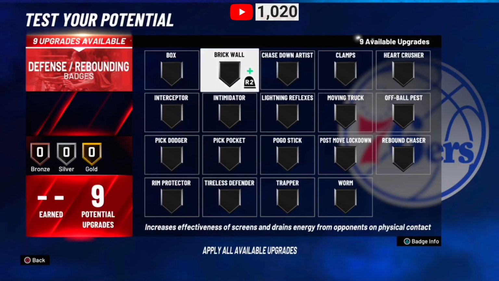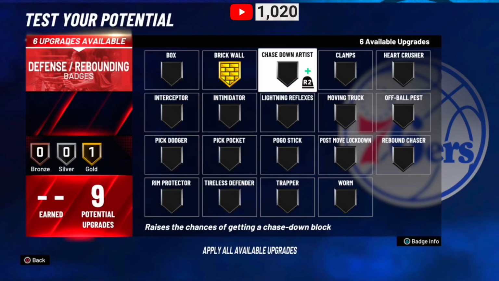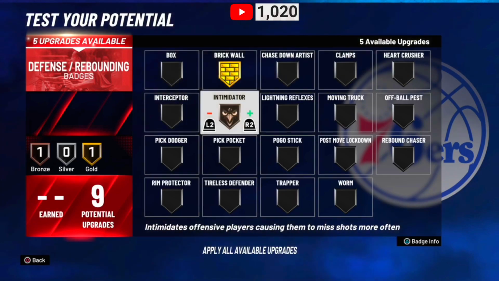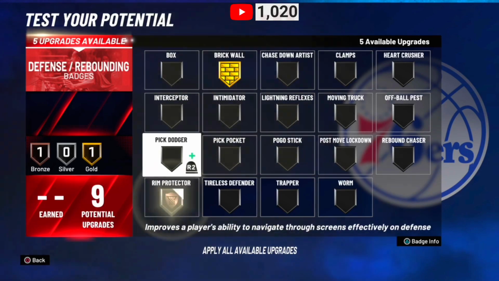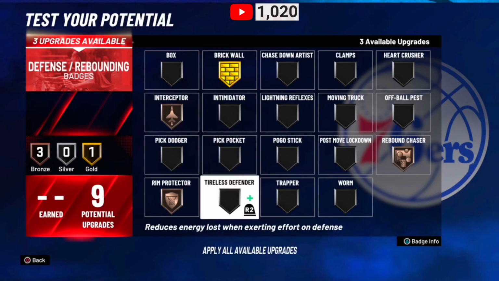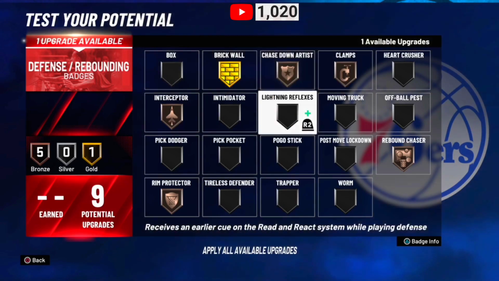Now for our defense, like I said, I'm going to be running pick and pop, so I'm going to put on brick wall gold. Now this helps set screens very well. And now, I don't know if you guys believe in this, but I believe in putting on bronze badges. Now bronze badges, the jump from bronze to no badge is so significant. It's higher from like bronze to silver to gold. It's like the biggest jump in between badges. So I'm going to put on bronze rim protector, bronze rebound chaser, bronze interceptor, bronze clamps, bronze chase down, and